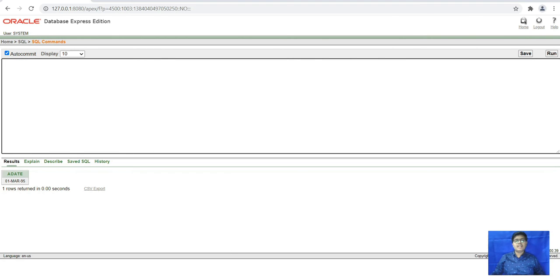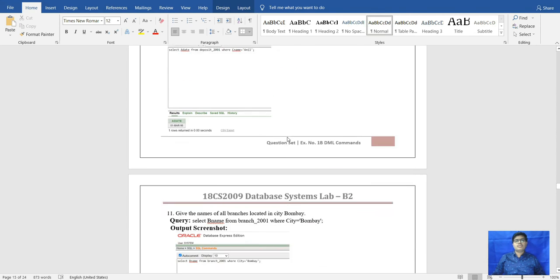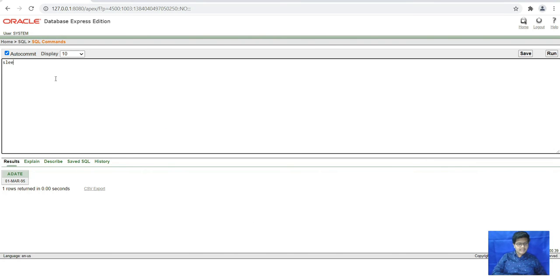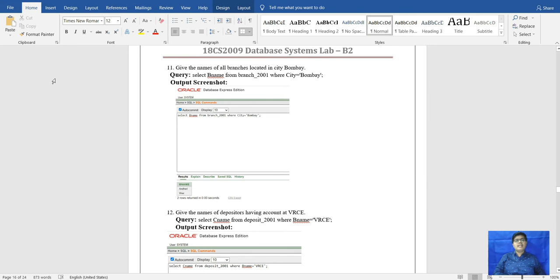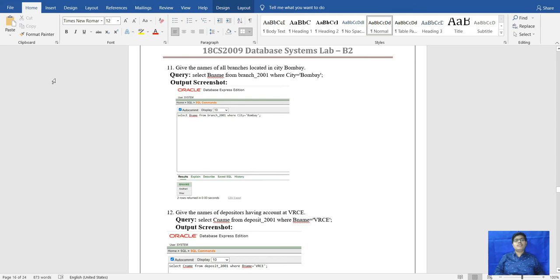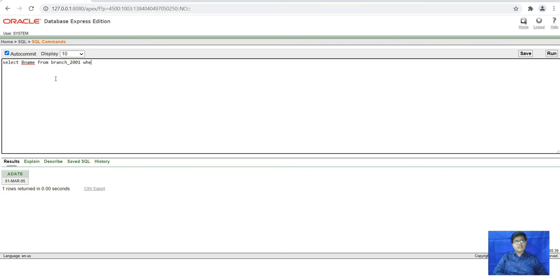After that the 11th question is give the names of all branch located in the city Bombay. We will select branch name from branch, where city is only Bombay.